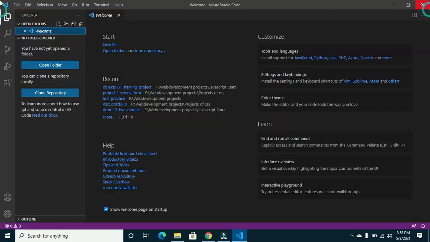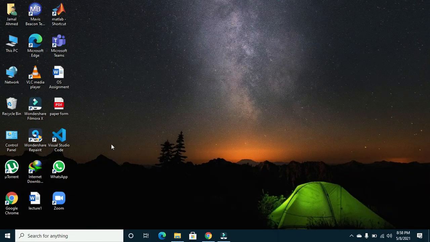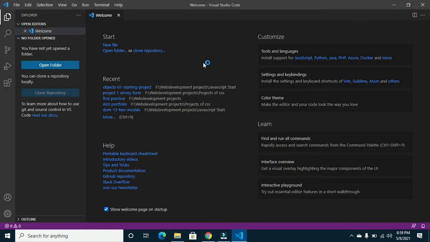Just close it, and you can see that there is a desktop icon created by VS Code automatically. You can just go ahead and click on it and it will open up. Whenever you want to open VS Code, you can just double click on the icon which is on your desktop, and you can open it